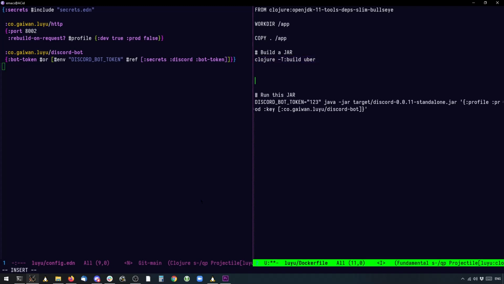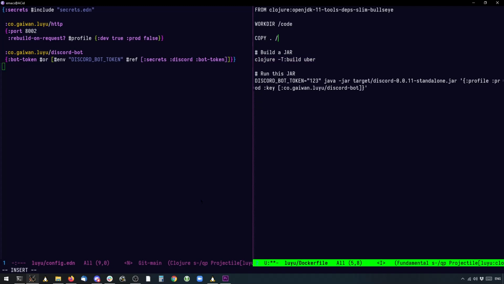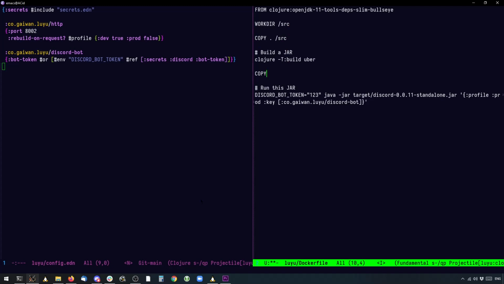This command creates something in the target directory, or maybe source, and then let's copy the /source/target/*standalone.jar and copy this to /app.jar.